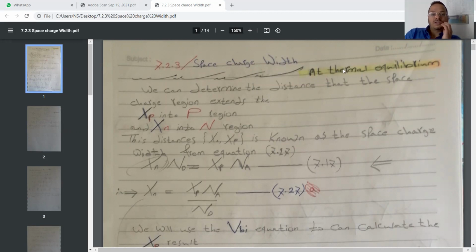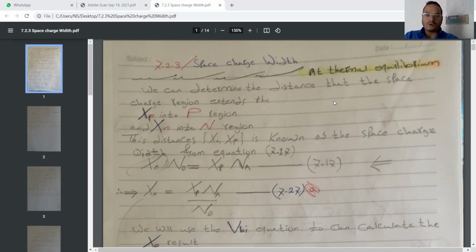Today, our lecture will explain to us the space charge width. This topic belongs to chapter 7 of the semiconductor course. Here, we will explain the space charge width at thermal equilibrium, and we can determine this distance depending